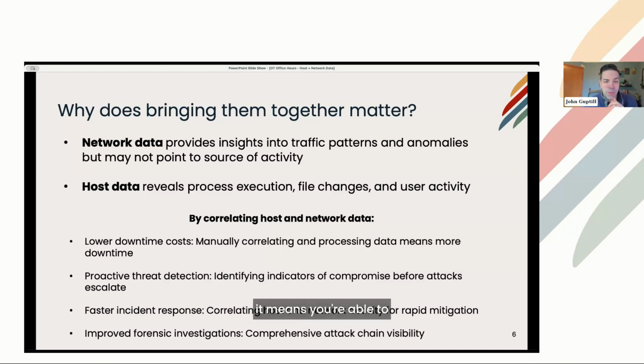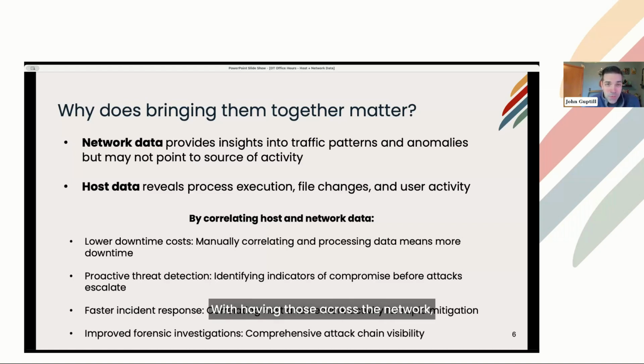you're able to lower your downtime costs by being able to ask, hey, what exactly was it that caused this incident to happen? You can dig in and say, I've got network data and I can trace that and say, okay, these were the hosts that were affected. Then you can jump straight from your network data into your host, so you can jump from one to the other.